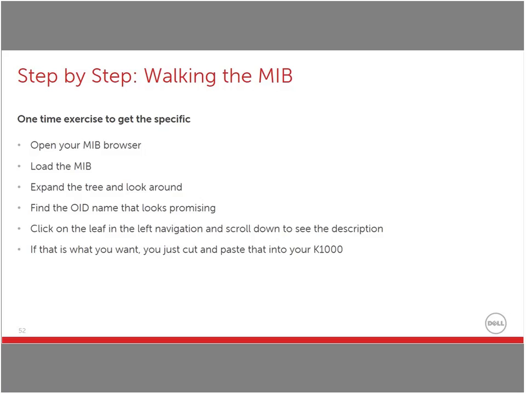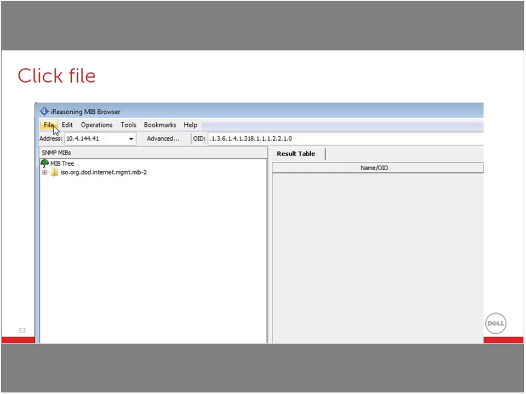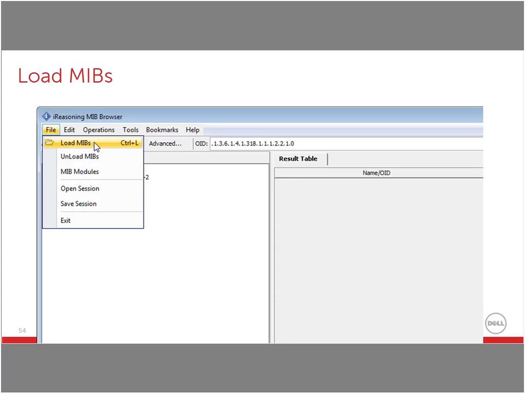And basically, if you find what you need using that description, like we just saw, then you put that in your K1000, and then you're good to go. Okay, so let's take a look at that. So here's an example of iReasoning's MIB browser. It's opened up, and you notice that the first thing we're going to do is load a